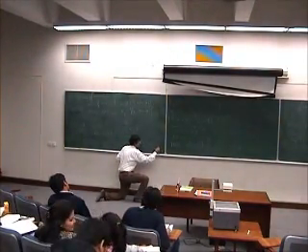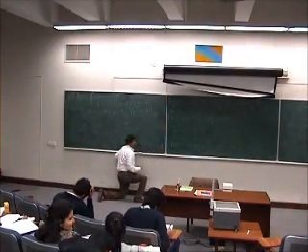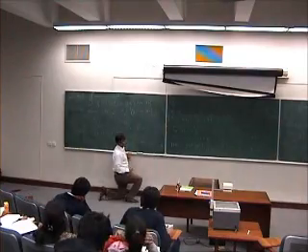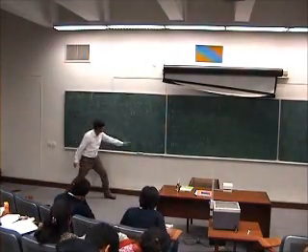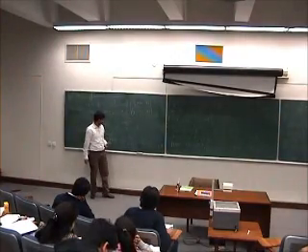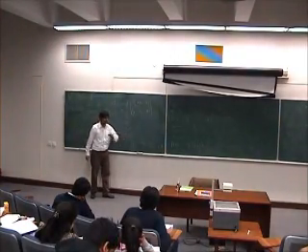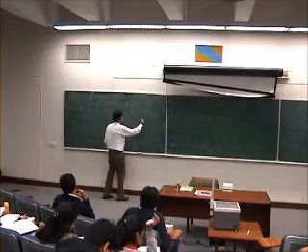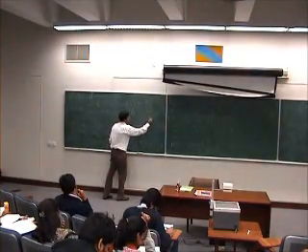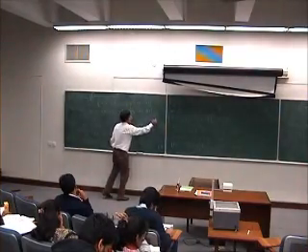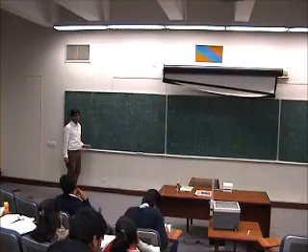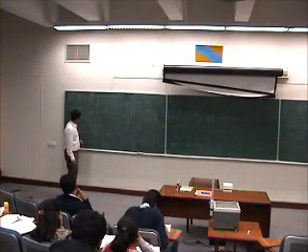You get 1 over 4 times the identity. Okay, this means Iy square is 1 over 4 times the identity. This means that the square of 2Iy is identity. Okay. Good,